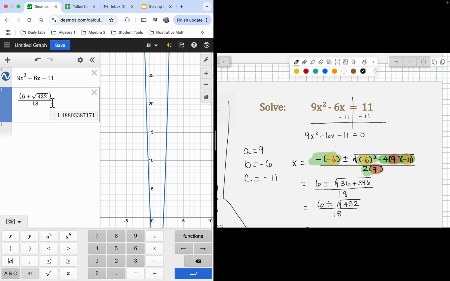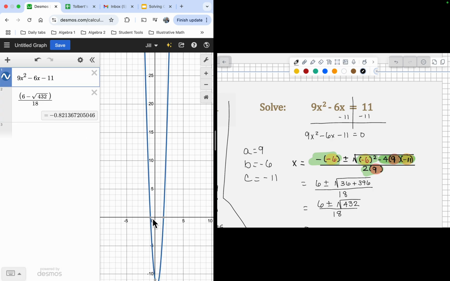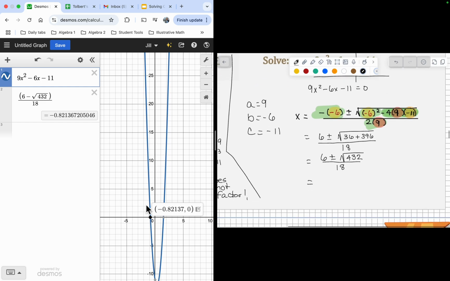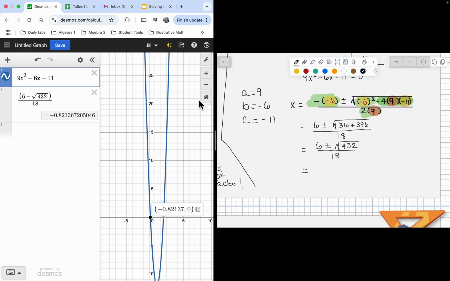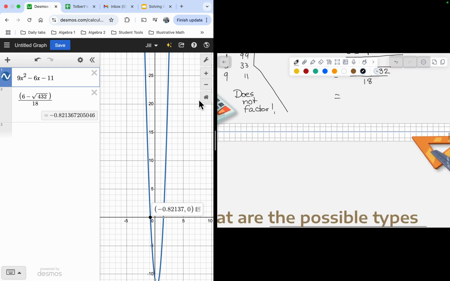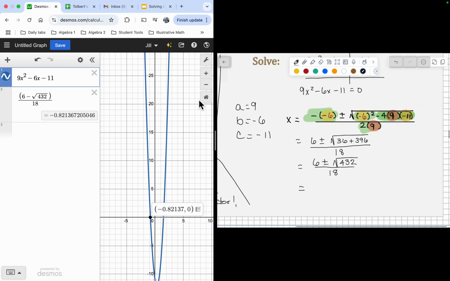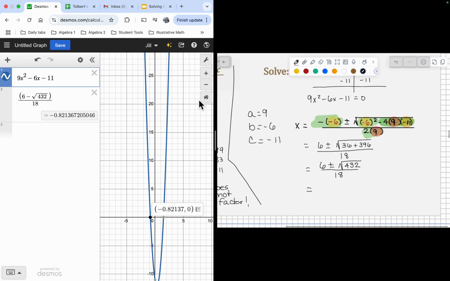And then we're going to just change this to a minus. That's what gives us our second solution. And that number matches that number exactly. So I know I've solved it correctly. We've got to go one more step, though, because this is not a simplified radical form. So we're going to have another video. If you need a review of that, there's a couple of videos later where I'm going to go over how to do this. But let's just